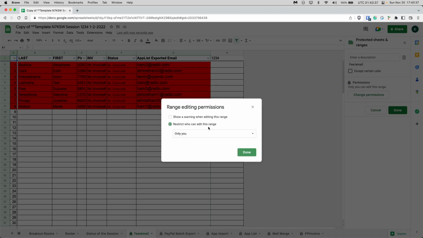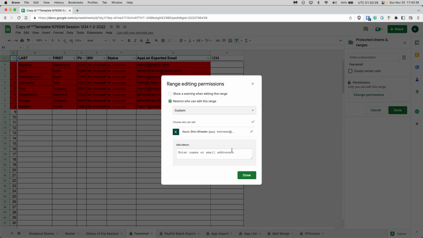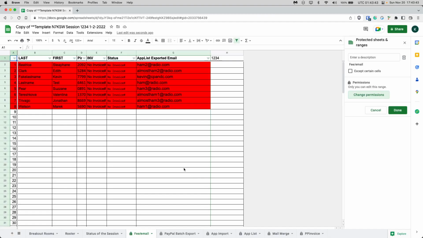Change permissions, and then I can change who can edit or open this sheet, so that I can not have a bunch of random people get their hands on the payment information for these applicants. I mean, not random people, I guess. But anyway,